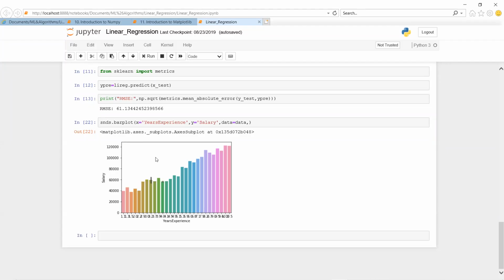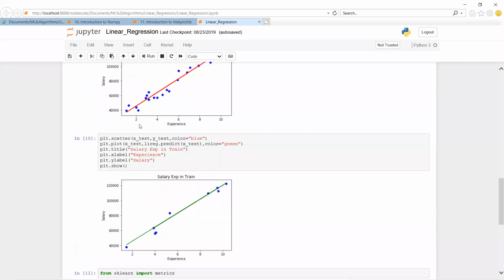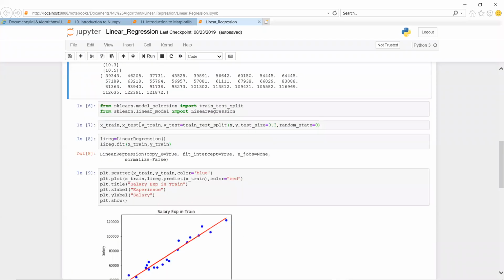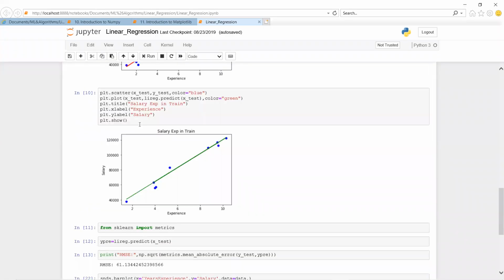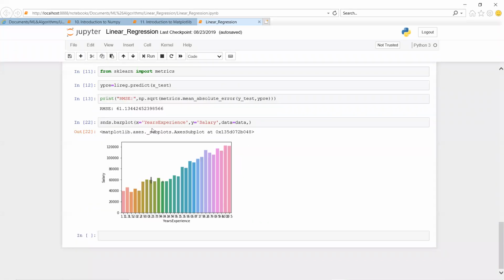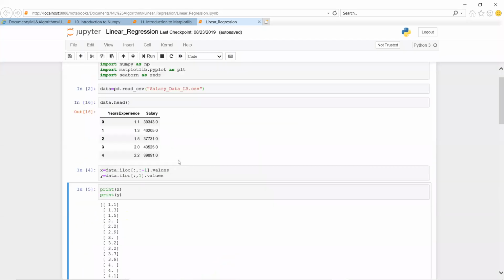Directly we cannot plot this. You can try without using any algorithm. If you want to plot it directly, it's not possible. Even if the result is plotted, it will be wrong. Why? Because we did not train our data. In that case, it is not going to give perfect results.